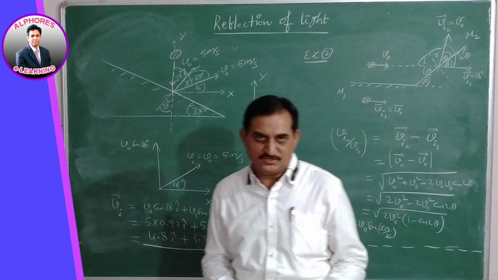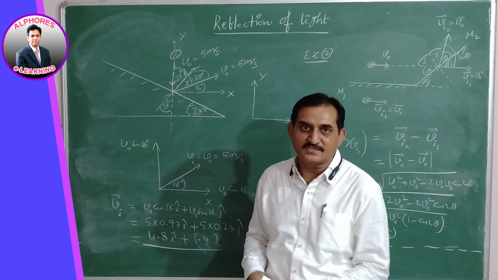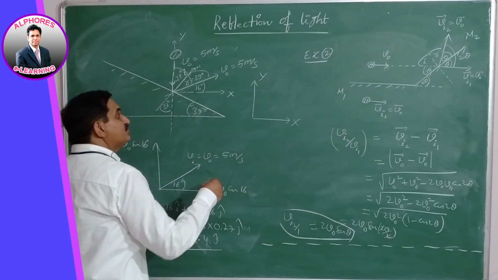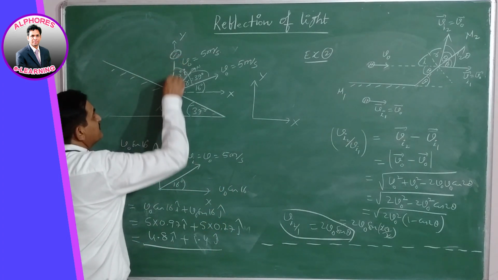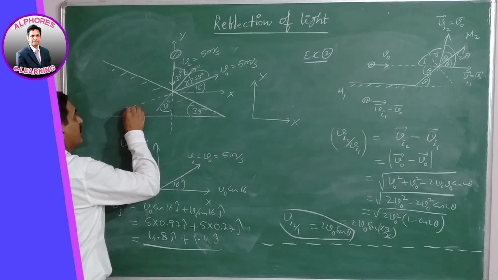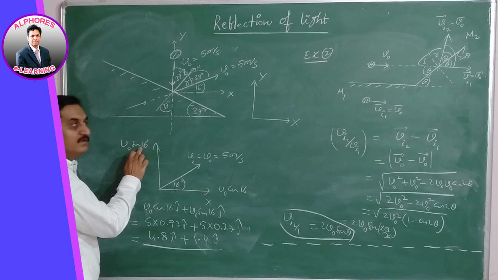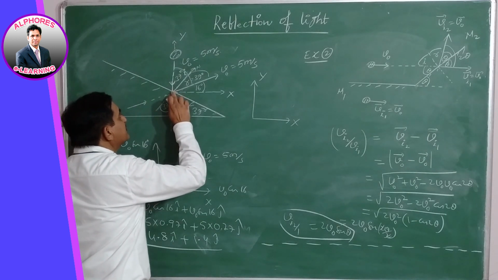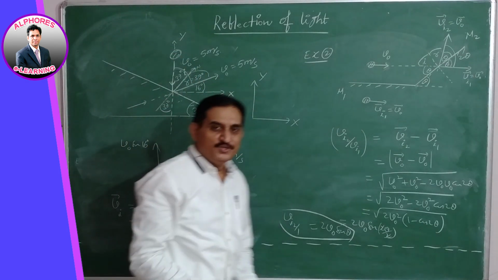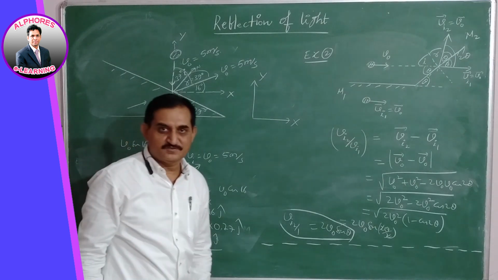Here also we are taking the reflection and extending it, and its image is resolved into two components along the x and y directions, then you will get its answer. And one more point, here again I stick to the same concept. How? The light is incident, undergoes reflection, so the reflected light is extended back, actually it is the virtual image, and this is approaching the mirror. The image should also approach the mirror, but here this approaching image is extended forward in order to get the components. Nothing wrong at all. Therefore, you will get this proper answer 4.8i plus 1.4j. This is the final answer for this question.